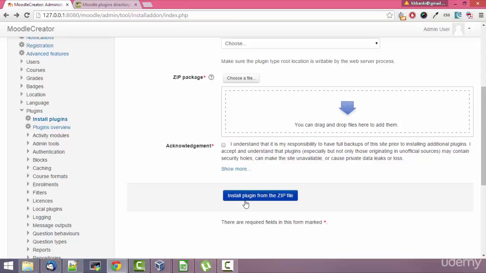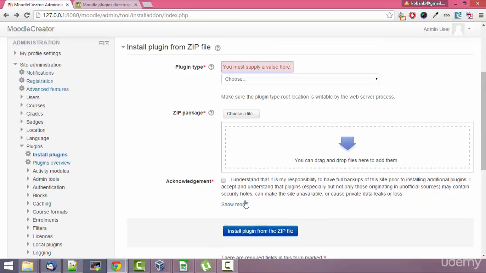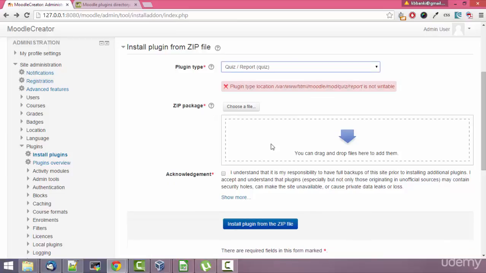the zip file. But sometimes we have a problem, and the problem is that we do not know what type of plugin we are going to be installing. The first thing I do, I choose whatever type, and now I'm getting an error that the plugin type location is not writable. This is because we made the installation folder non-writable for safety, but now we have to make the folder mod writable so that we will be able to install new plugins, because the plugins need to be